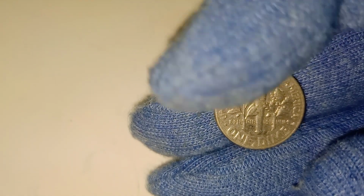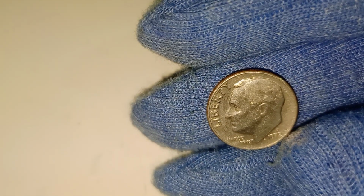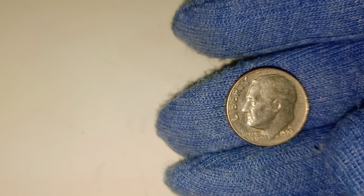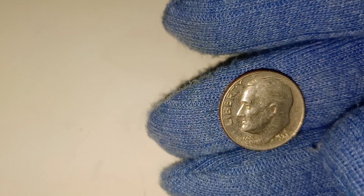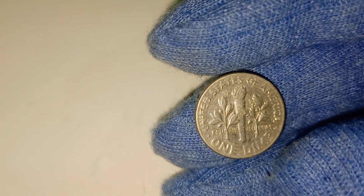Let's start by exploring the origins of the Roosevelt dime. Introduced in 1946, the dime was created to honor President Franklin D. Roosevelt, who had passed away the previous year. Roosevelt was not only a beloved president but also a strong advocate for the fight against polio, a disease that he himself battled. The March of Dimes, a campaign initially aimed at raising money to combat polio, was closely associated with Roosevelt. So it made perfect sense to place his image on the dime, a coin that would come to